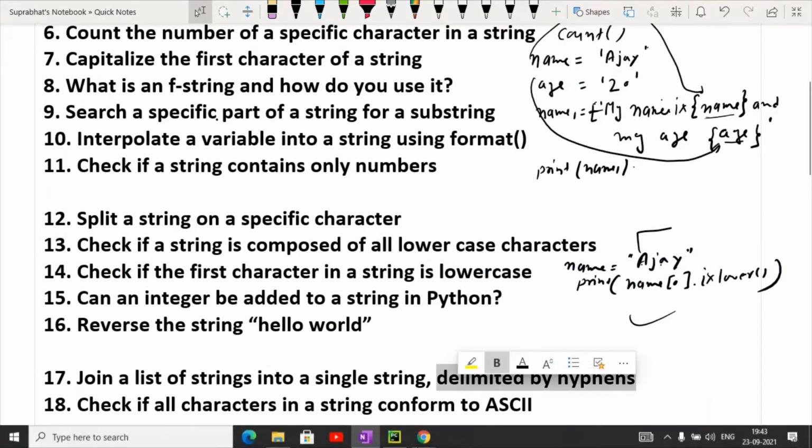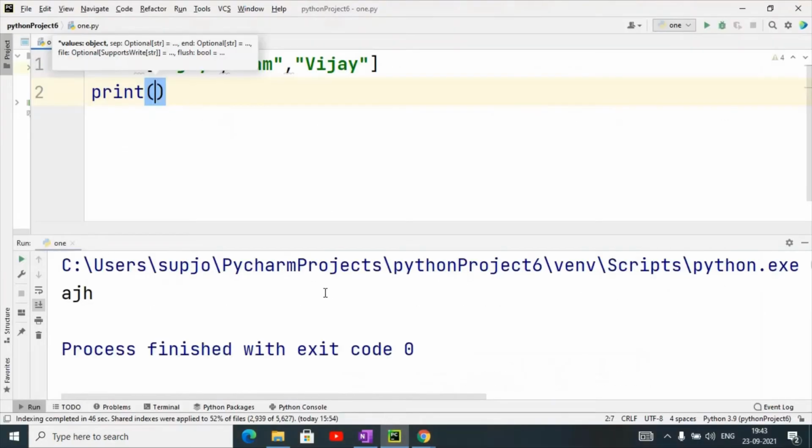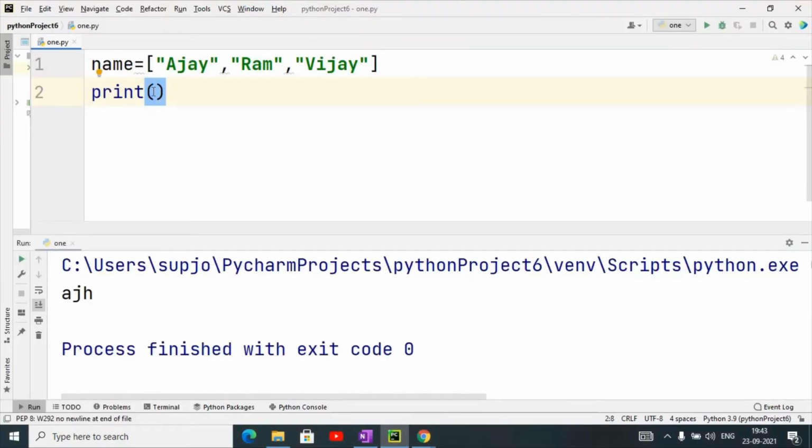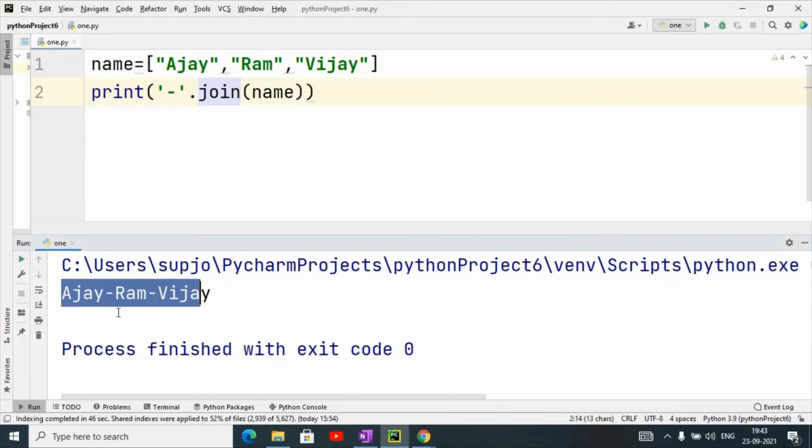So we will use here the hyphen sign dot join, and here I will give the name of that list. So what will it do? It will convert this list into a string, delimited by the hyphen symbol. Between them the hyphen symbol is used.